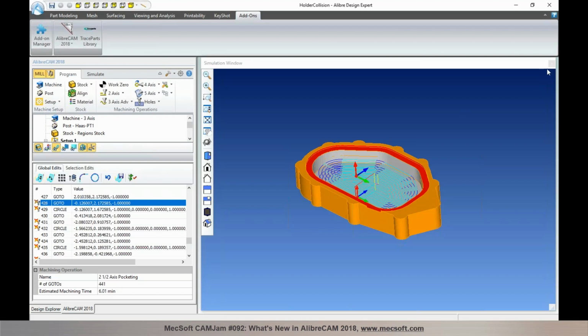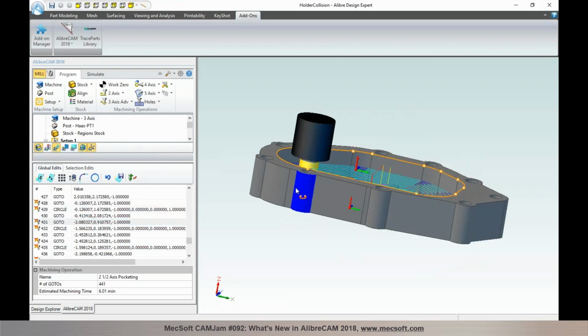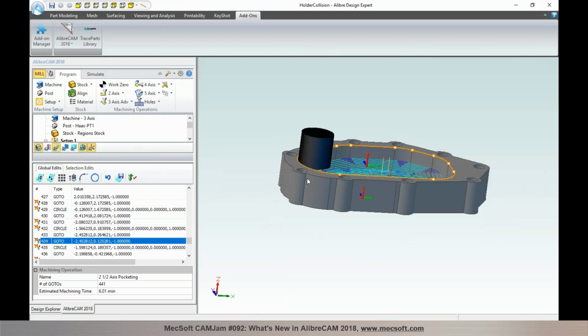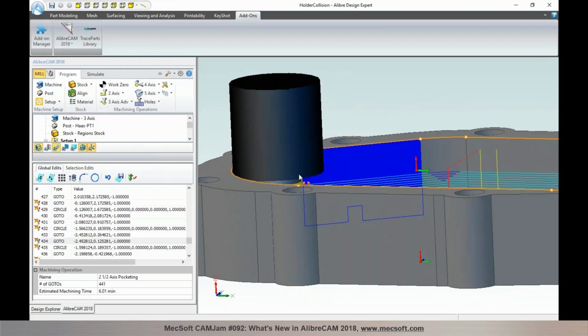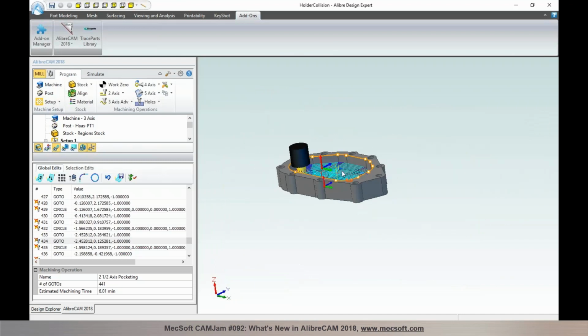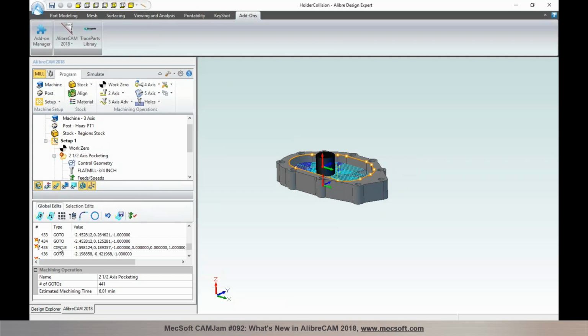As you step into these motions, you can actually see the areas of collision right there. As you select these motions, it will show the collision. You can see the tool holder colliding with your stock material. So this is a very nice enhancement, and again, this is available right from your standard configuration of AlibreCAM in 2018. It marks the holder collision areas in the simulation, flags the machining operation as dirty, and also marks those specific go-to motions,